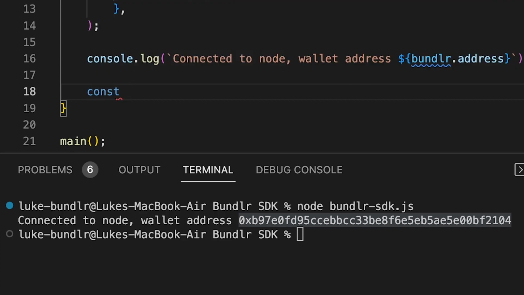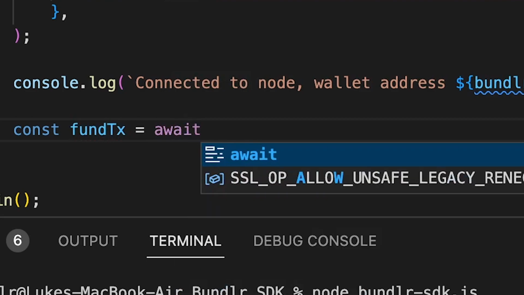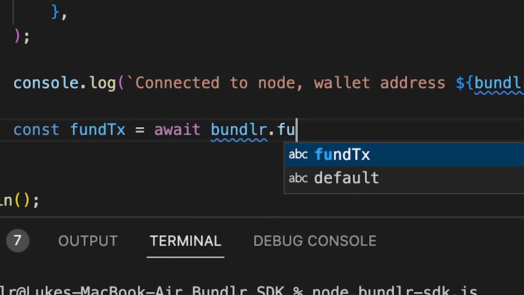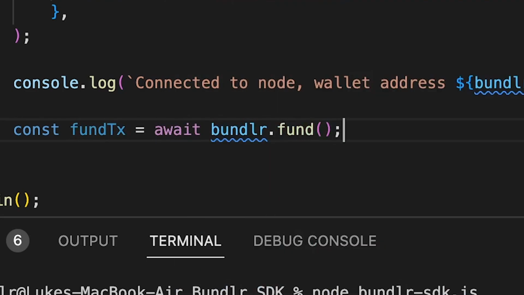const, let's call it fundTransaction equals, watch how easy this is, await bundler.fund. That's it. The argument you pass in is the amount of tokens you want to use when funding. Now I'm going to pass in one Mumbai Matic. Okay,